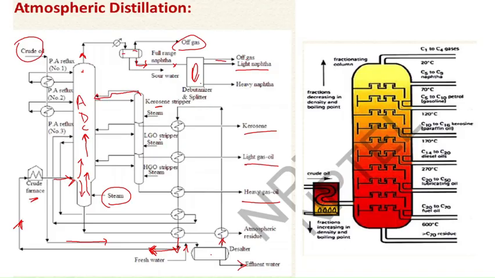Similarly, in LGO, if this LGO consists of some portion of kerosene, it will be given back as reflux in the plate higher than the plate from which this LGO has been taken. So like this, stabilization of these side cuts will occur, so that even at room temperature, even at atmospheric conditions, these cuts will not be producing vapors, will not be producing the lighter cuts.